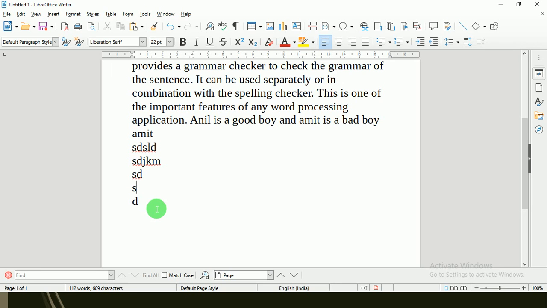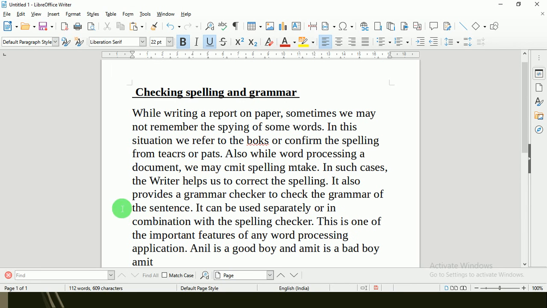Okay, so this is your spelling and grammar, and there is one more option that is called the thesaurus. Thesaurus is something just to find the synonyms of the word. It's not like a dictionary, because in a dictionary you can find the pronunciations, whether it is a noun, adjective. In thesaurus you will find the similar meanings for the word.